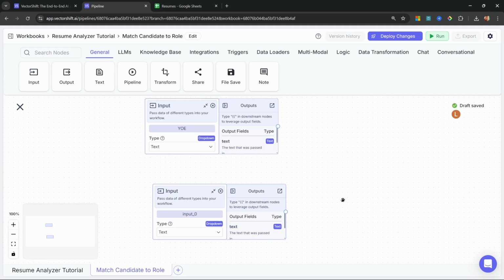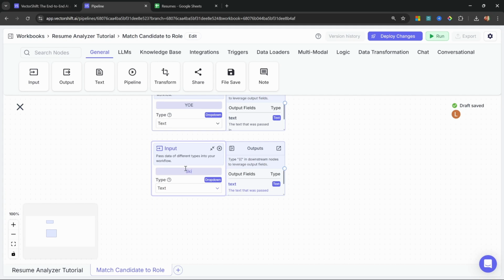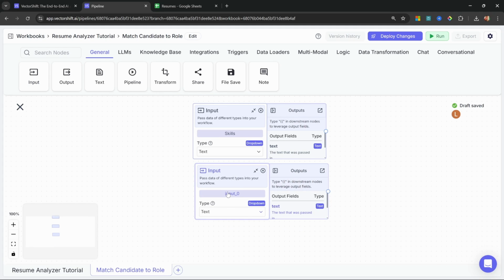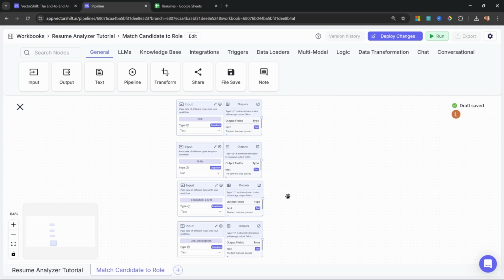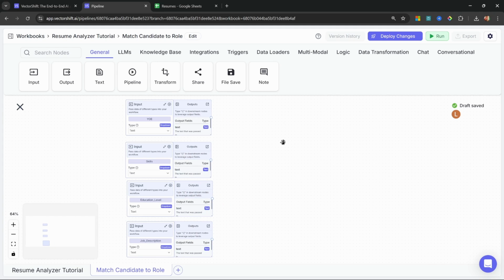Let's add another input, and let's rename this one to skills. Let's add another input, and let's rename this one to education level. And finally, let's add another input, and let's call this one job description. Okay, cool. So we've got these 4 inputs, and now we'll use AI to provide a matching score for this